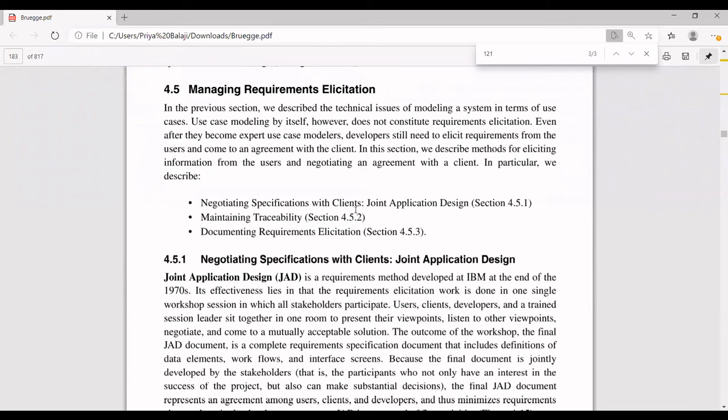You remember the communication problem? What exactly will happen if you do not communicate the exact requirement to the developers? You remember, yes, right? Yes, ma'am. Yes. So to overcome all such problems, we need to have a JAD team.